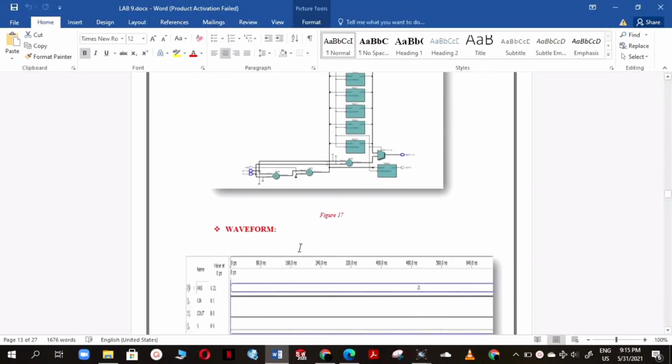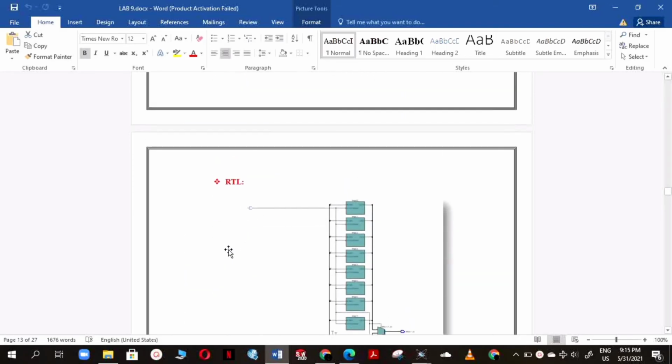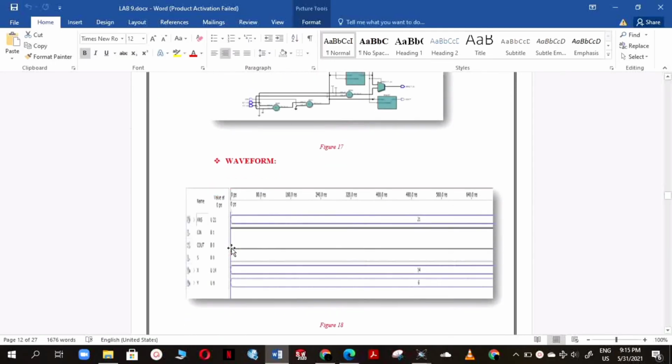Now we are going to move towards our waveform for our better understanding. Now you can see here, if I'm applying 14 on the first input x and 6 on the second input y, then in this case our cout is 0, so it means our selection line is 0, means our first case, which is addition, is run. So our output will be 14 plus 6, which is equal to 20, and the carry in 1, which is equal to 21. So 6 plus 14 plus 1 is equal to 21.